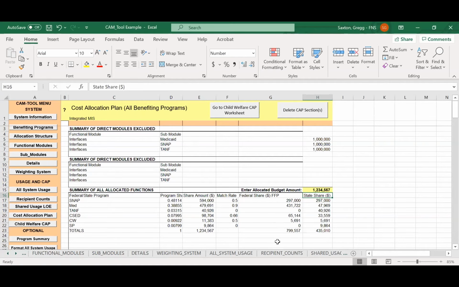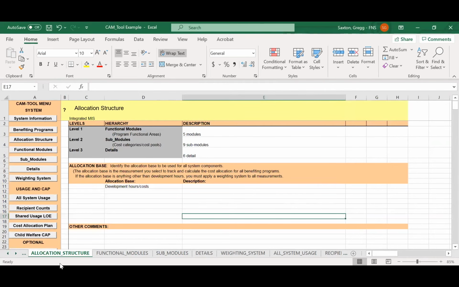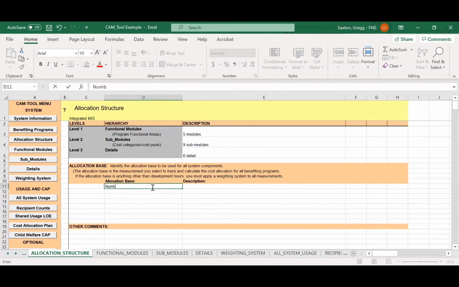So we've gone through an example, and that's pretty much it. There's going to be some further discussion about a special case for child welfare, but we're not going to go through that right now. What I'm going to do, though, is modify my example and use weighting. I'd be going through the process from start to finish normally, but in this case, I would simply change the allocation basis to, in this example, number of user screens, and then we would move on to the